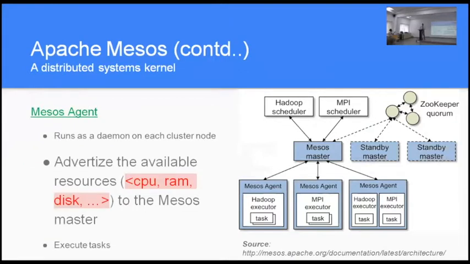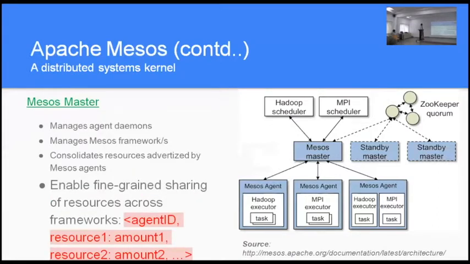So the way it works is each node of the cluster will advertise to the master and say, I have so much available right now. The resources are in terms of number of cores, amount of memory, and the disk IO. And then the Mesos master will say, okay, you can use these particular nodes, and within each node, it will say you can use 4 gigs or 8 gigs, or you can use 12 out of the 24 cores, and it'll enforce it.